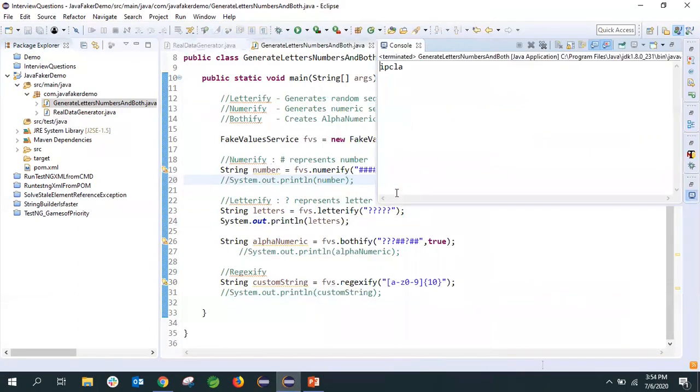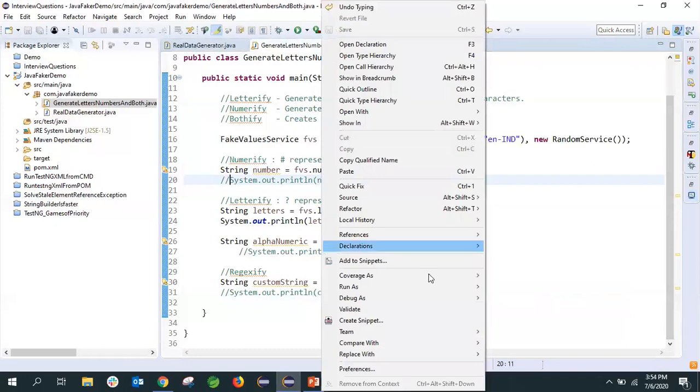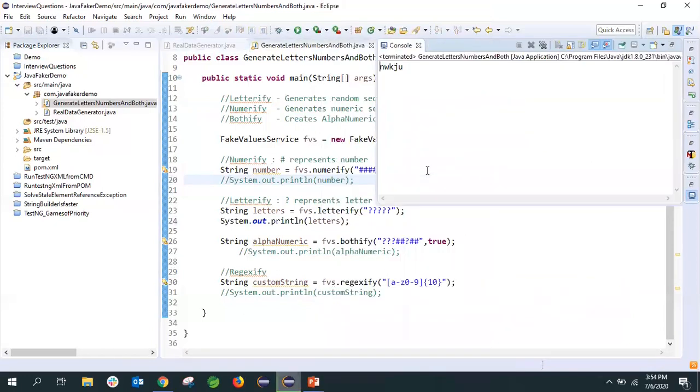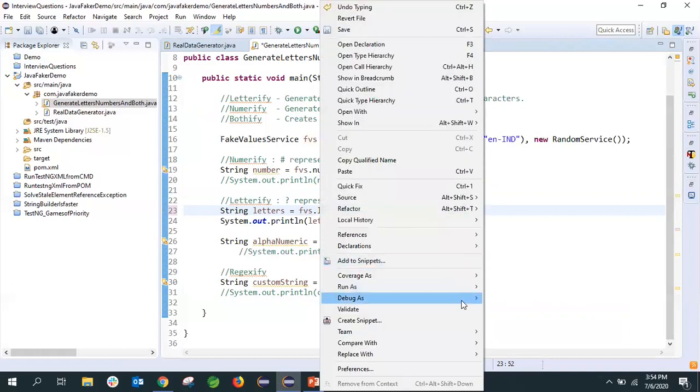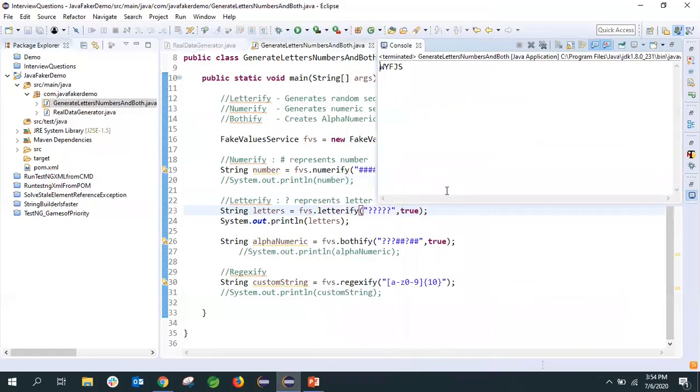If we run this, it has printed 5 characters. Let's run again and we'll see different 5 characters. And if we pass the second parameter, whether you want it in uppercase, and pass it as true, it will generate those characters in uppercase.